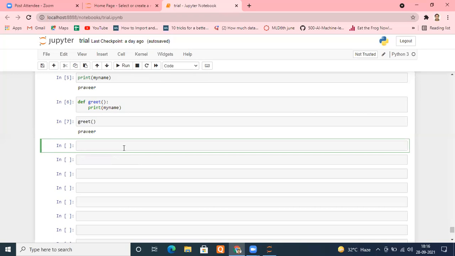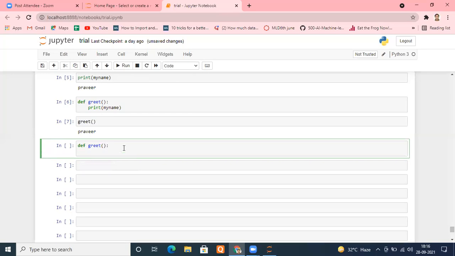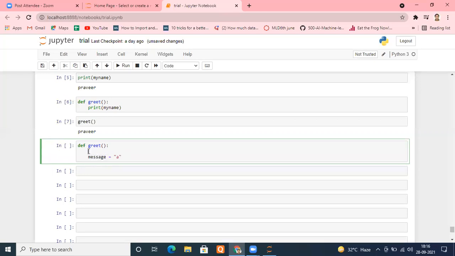So to do this, I'm again using def, suppose greet. Same function, for now I don't want any argument from the user. Earlier I declared message equal to a. If I declare it this way, it is going to be a local variable. But if I want to make this variable global, just use the keyword global before assigning it any value.